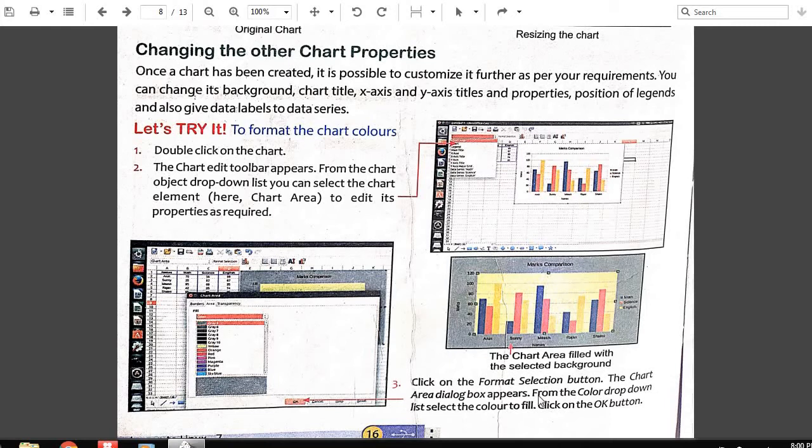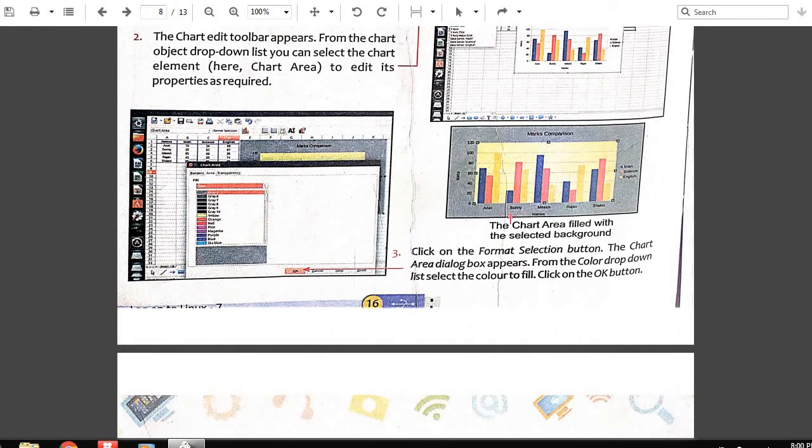You can select the color from the format selection button. The chart area dialog box will come. From this you will see the color drop down list. With the drop down arrow you can select any color and click on the OK button. You can see the background of the chart is now changed. The color is given. We can give color like this.